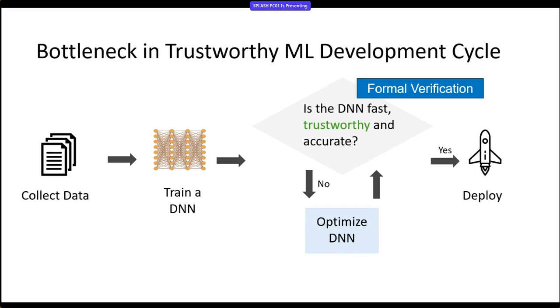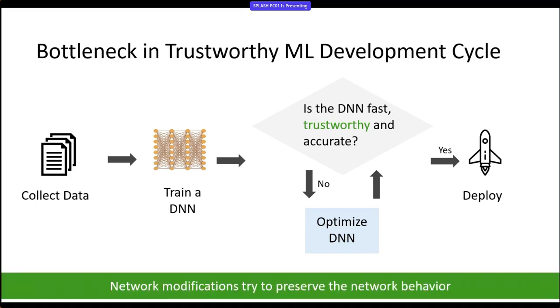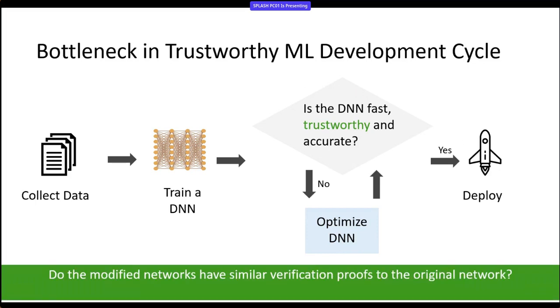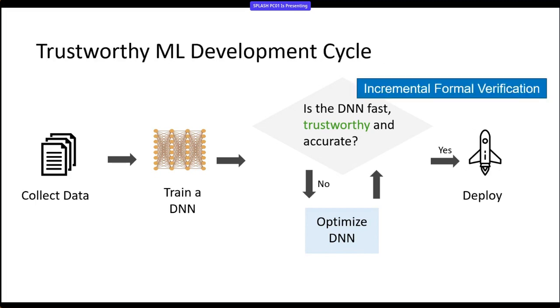Previous work has done a lot in making these verifiers scale to large networks, but all of these works have one fundamental issue: the verifier has to run from scratch every time the network is even slightly modified. We make a key observation that the transformations performed in this development process preserve the network behavior. So we ask these questions: do they even have similar proofs? If you modify the network, does it have a similar proof to the original network? And additionally, if this is true, can we reuse the proofs of verifying the original network for fast verification of its modified version? To answer these questions in this paper, we develop a technique for